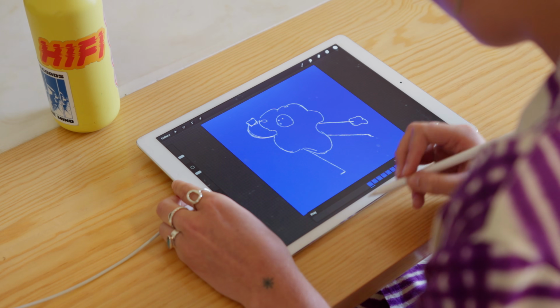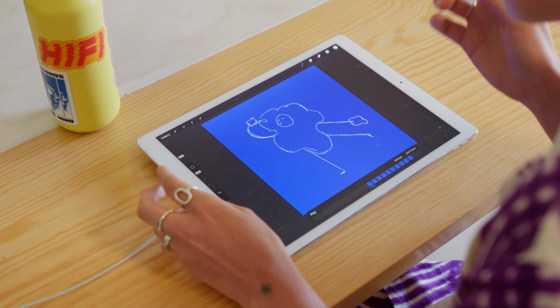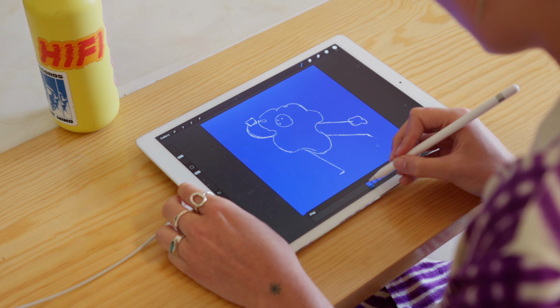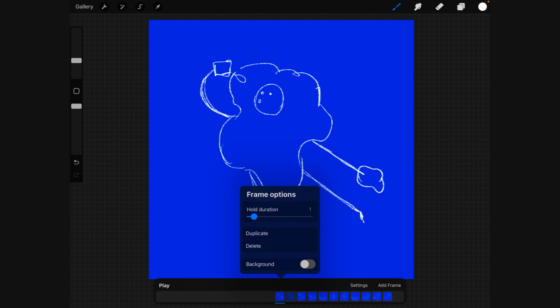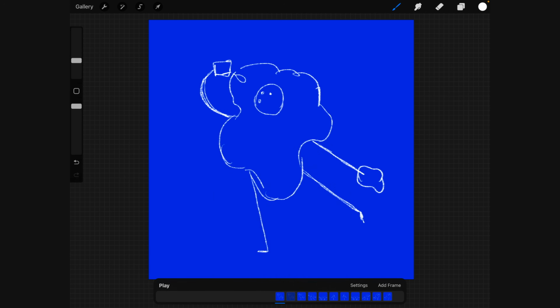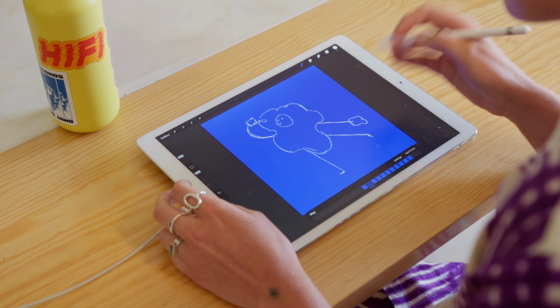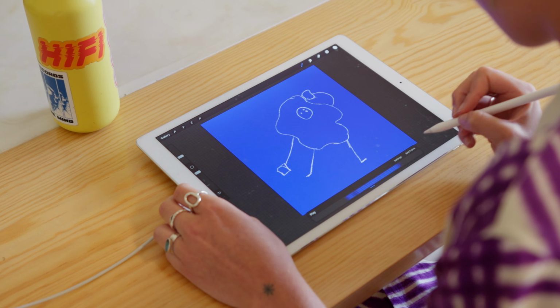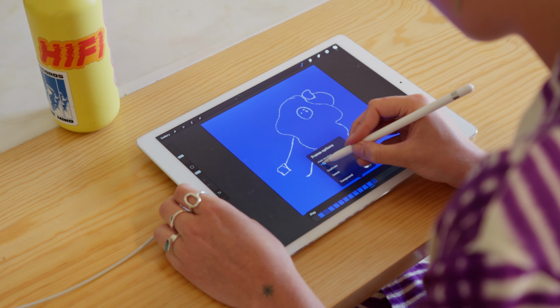Another thing that we can do for these end frames, we're moving past it a little bit too quickly, but we don't really feel like drawing it for now. We can tap on here and change the hold duration to 1. And what that is basically going to do is add another frame that is identical without you having to waste time redrawing things just for this rough animation. So let's do that for both of these end frames.